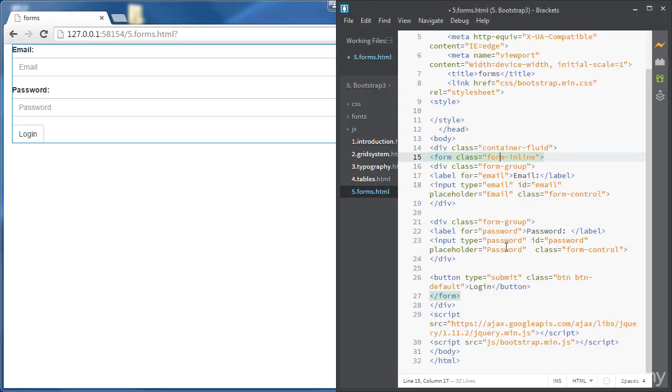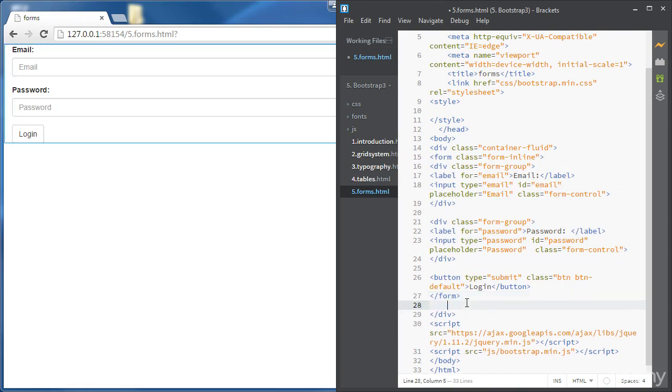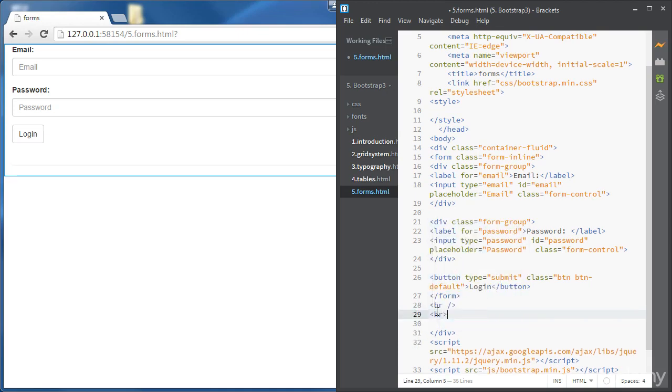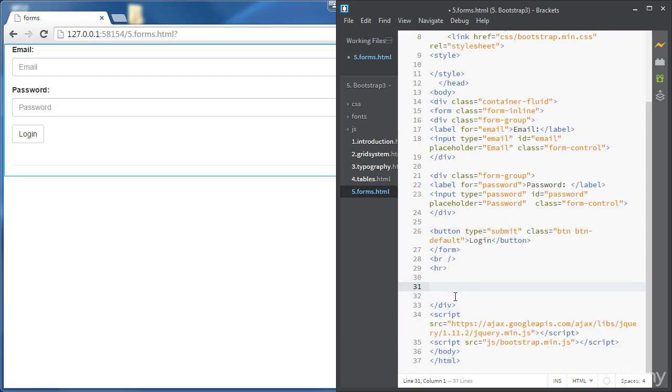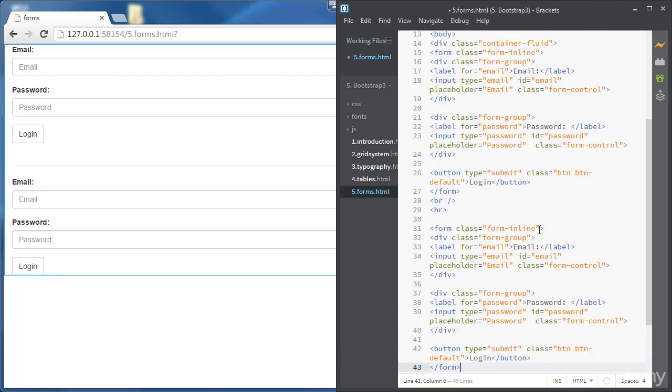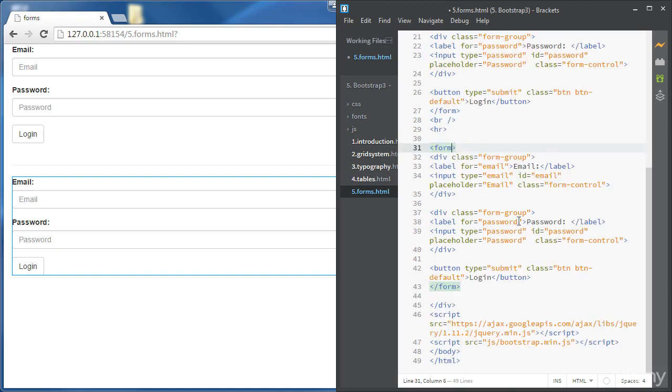Now let's create another form and try a few more classes. So we're just going to copy the same form. Let's have a line break and a horizontal line for now. Let's copy the form here. Let's take out the form-inline class. So the first thing we're going to have a look at here is going to be the